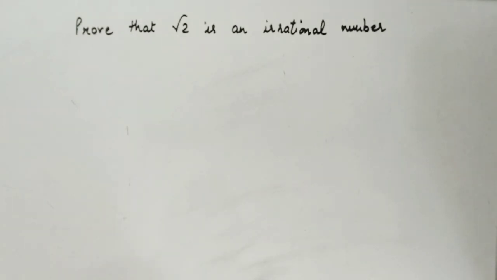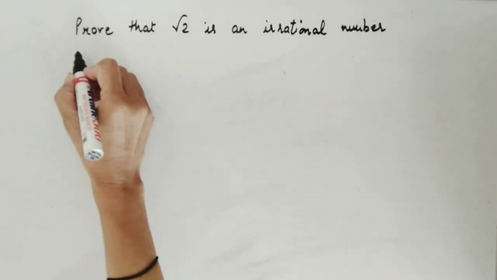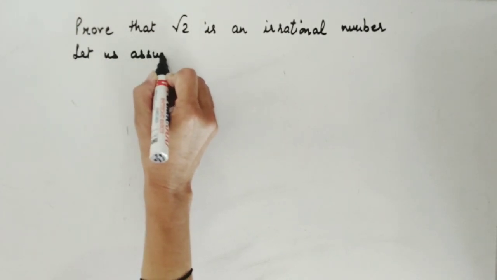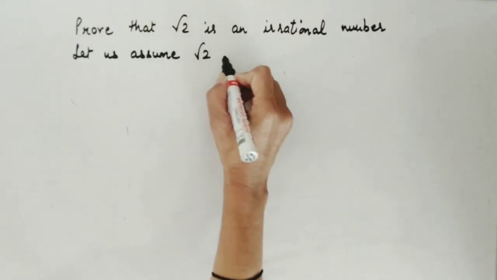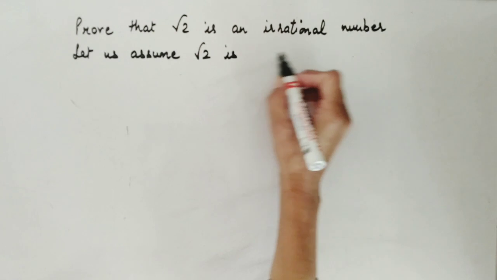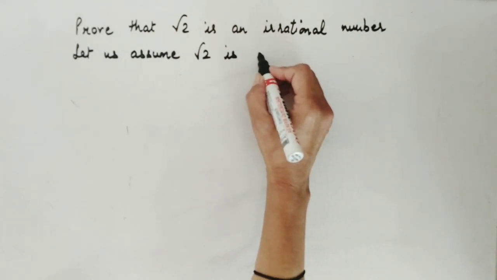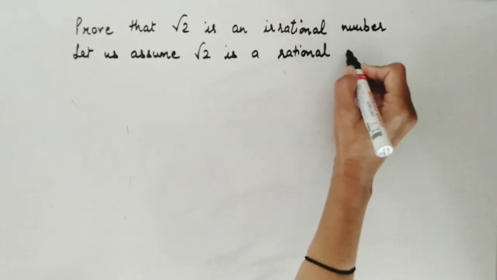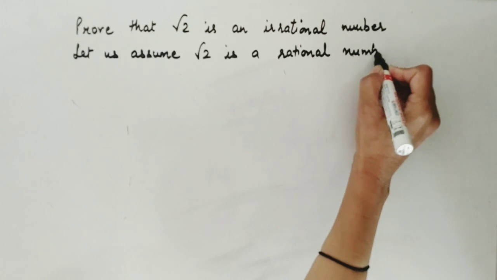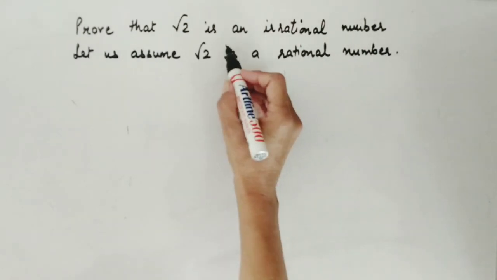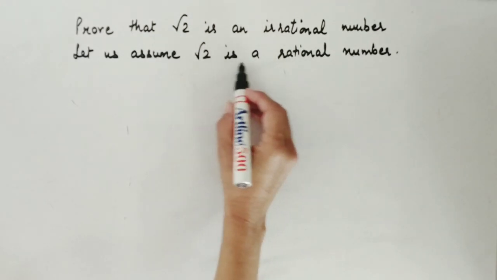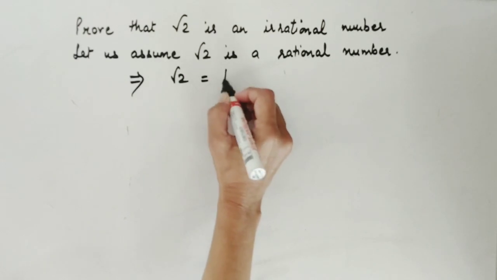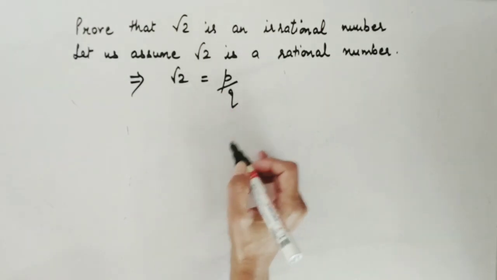We'll do it by contradiction. Let's assume root 2 is not irrational, but it is a rational number. Now, if this number is not irrational and is rational, that implies root 2 can be written as p by q form, where